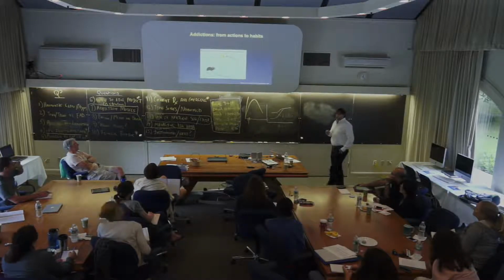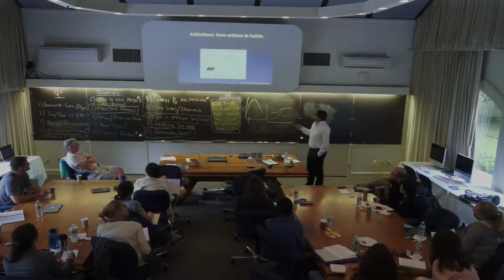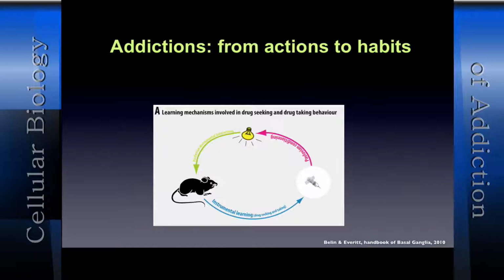So let's go back to the psychological processes that support the initiation of the action. A rat would learn to lever press to get cocaine. This is instrumental learning. Every single time he receives the drug, there are stimuli in the environment that predict and are associated with the delivery of the drug. The animal would actually develop Pavlovian conditioning, and there are Pavlovian-instrumental interactions in the control over behavior.